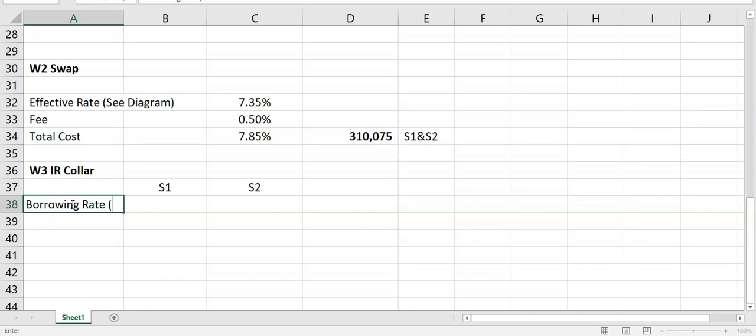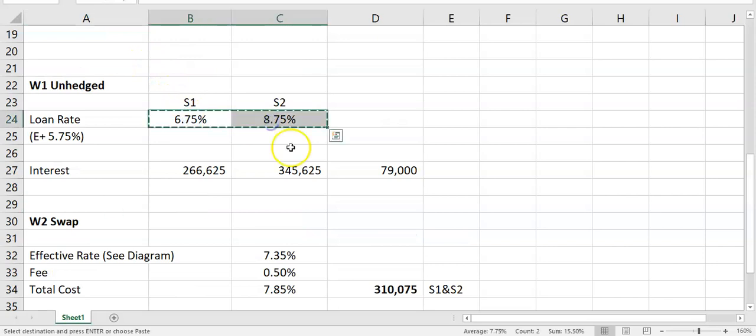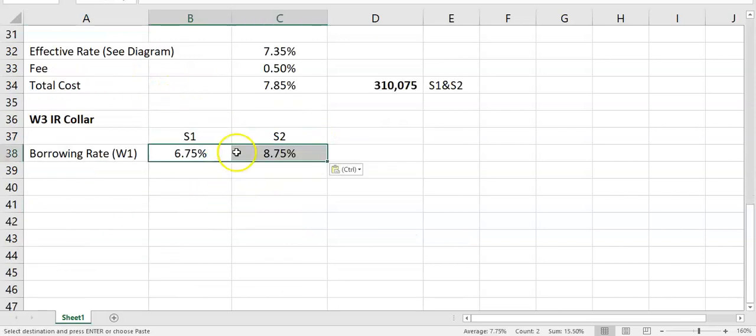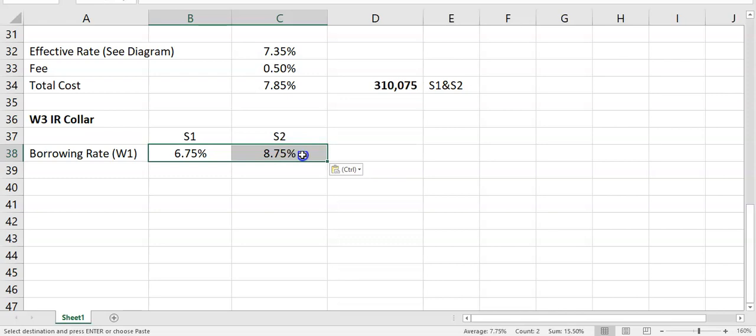Now the borrowing rate we've already done from working 1. That's the benefit of doing that initially. We're saying the borrowing rate, so the loan rate, will be 6.75% and 8.75%. So they are the rates if they weren't hedged. And the benefit of the cap and the collar is you may be limited depending on whether it's in or